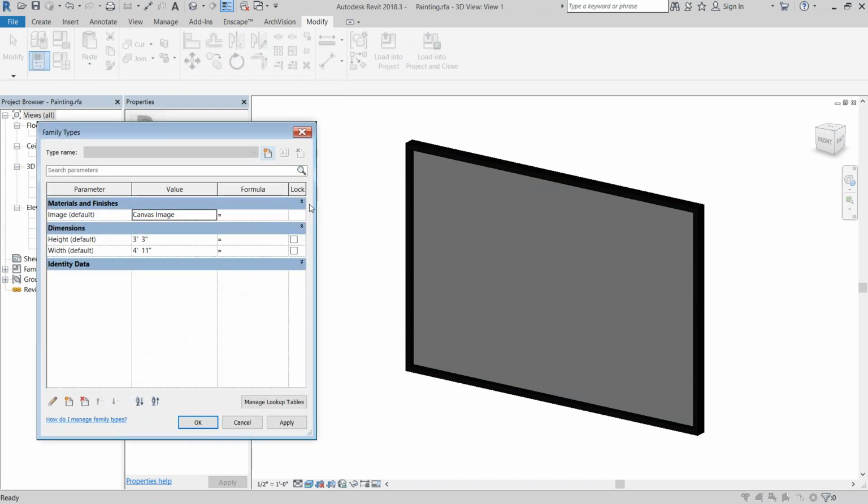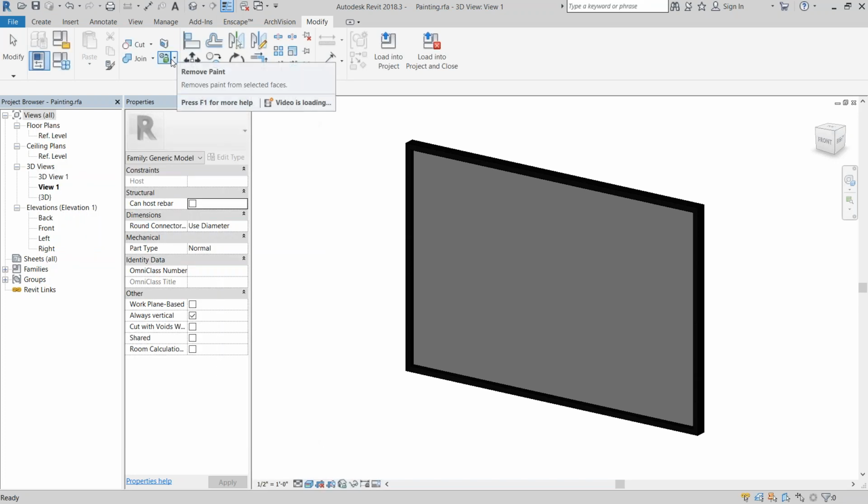Before you apply the image, you want to create a material and finish parameter. Maybe it's an instance parameter because you want all of those images to have the ability to be unique for each individual computer or menu board or signage in your project. Or maybe it's a type parameter because you want every desktop to have the same desktop image. Now, we've selected the image, we select the paint tool,